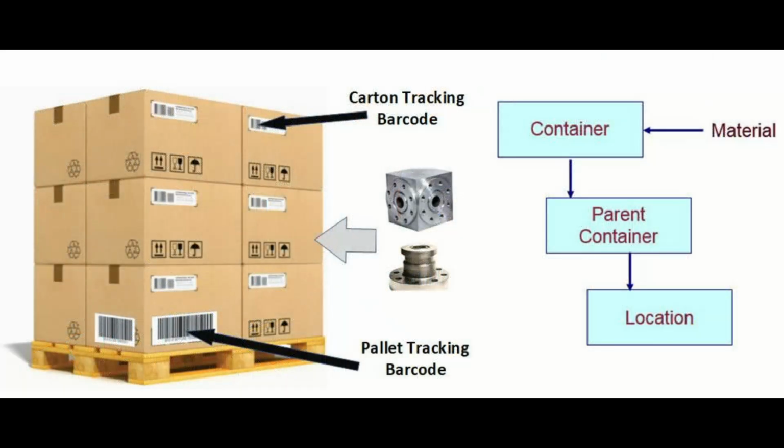BellHawk can also track nested containers, such as pallets, with tracking barcodes on parts, cartons, and pallets, for example. Here, by scanning the LPN barcodes, BellHawk can track the flow of materials into cartons, the stacking of cartons onto pallets, and the movement or shipping of the whole pallet. BellHawk can also track the withdrawal of a carton from a pallet and parts from a carton, while knowing what parts are left on the pallet and in each carton, again by scanning the LPN tracking barcodes. This is especially useful for tracking pallets with a mixture of products on them and generating ASNs for these when